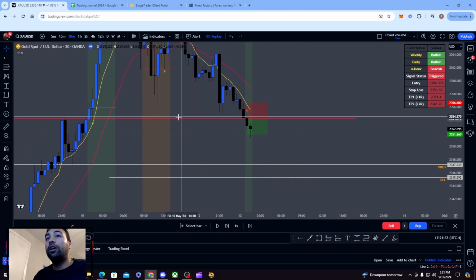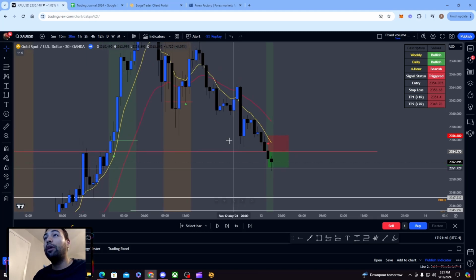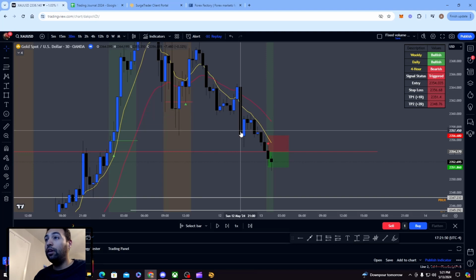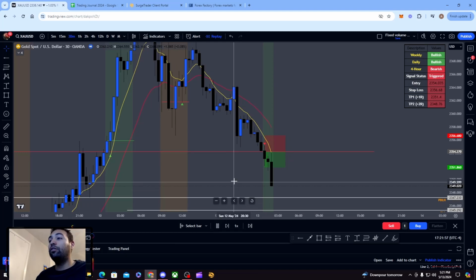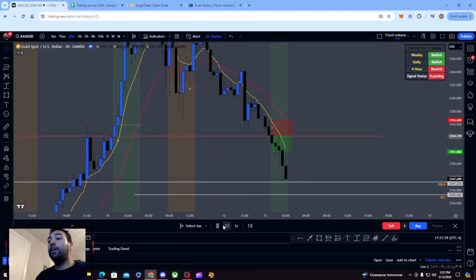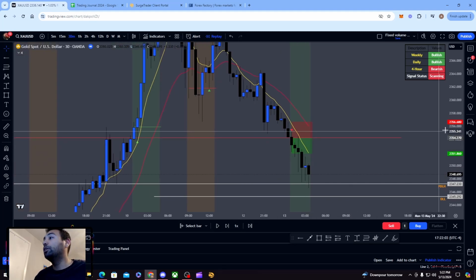You can see how this level is of interest. Price closed below and stayed below, so that's also an indication the market is going down. You also got the EMAs crossing up here, 8 under 21, with this big bearish engulfing candle, again indicating sells. And if you let it play out, you can see that throughout the day it just continued to melt. But I'm just going to keep it short.